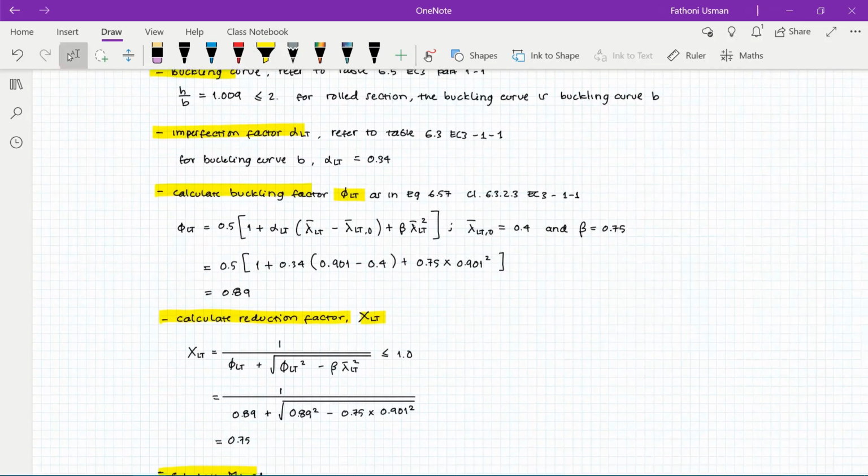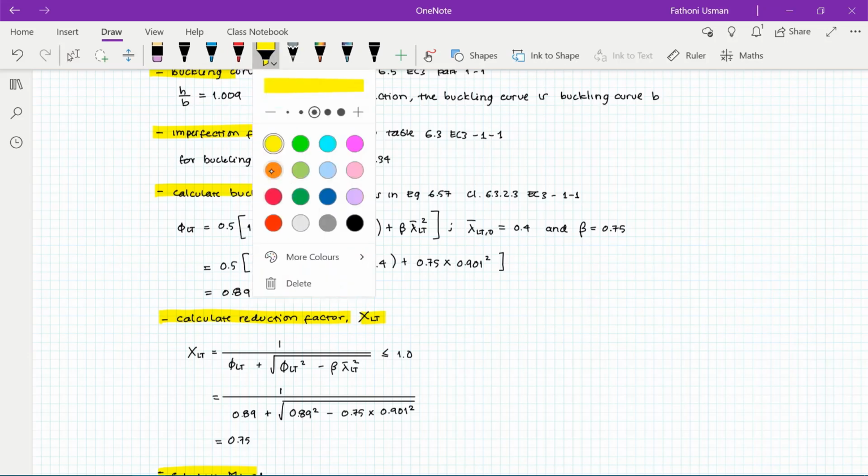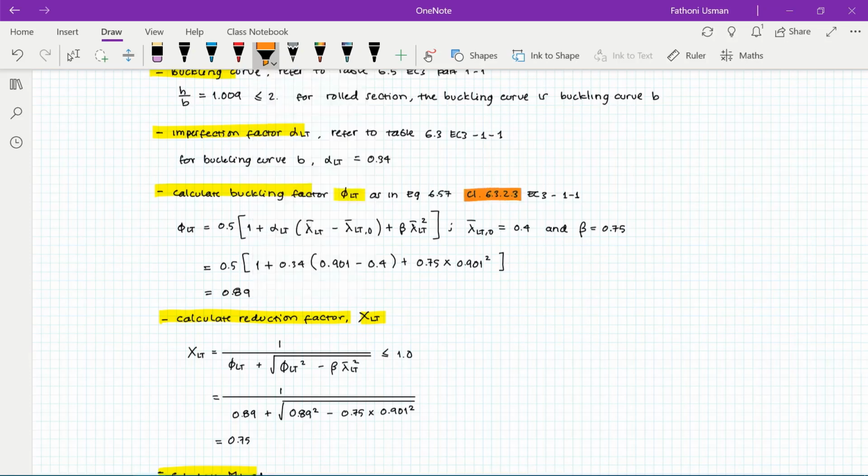And after that, we calculate the buckling factor phi LT as in equation 6.57 plus 6.3.2.3. So there are two methods here, 6.3.2.2 or 6.3.2.3. And for the rolled section and welded section, we use